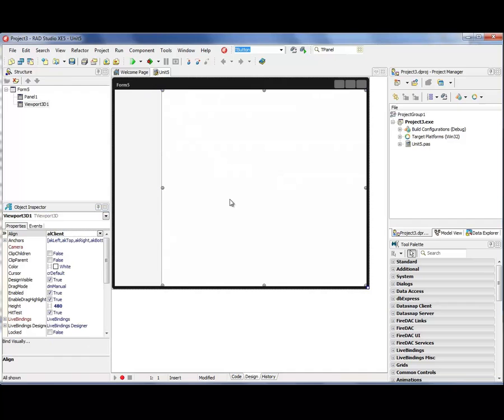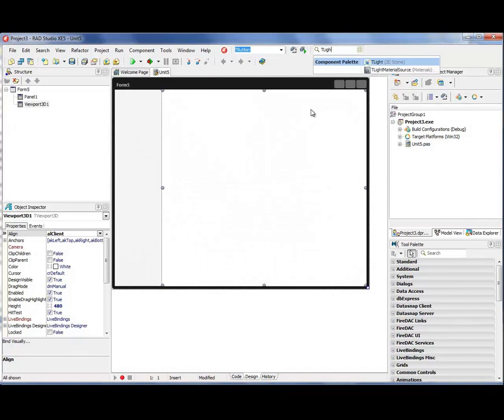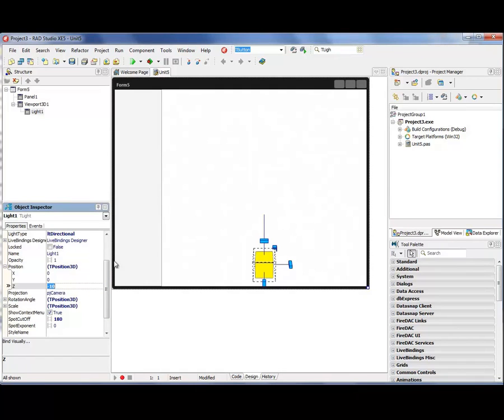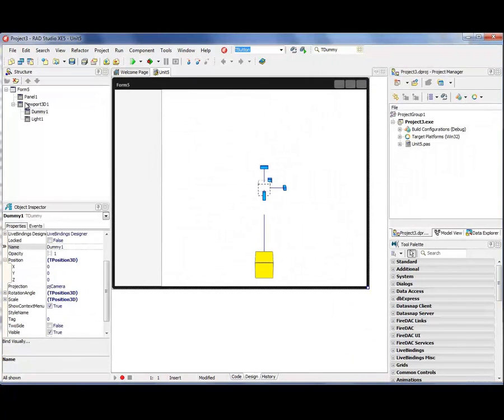Then we can add the basic elements of a 3D scene like TLight. TLight should be positioned to -10, for example, and the basic component like TDummy. Now we are ready to locate the 3D model component and load the pre-built 3D model from Google SketchUp, in either OBJ or DAE format.